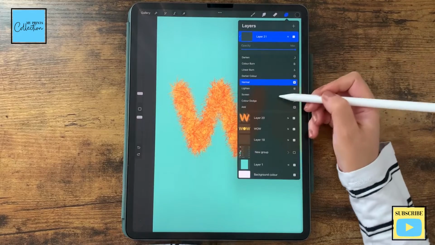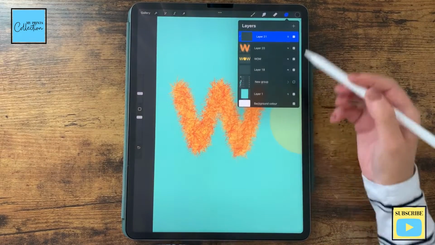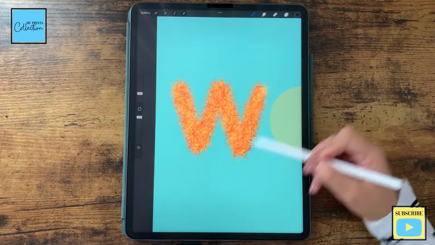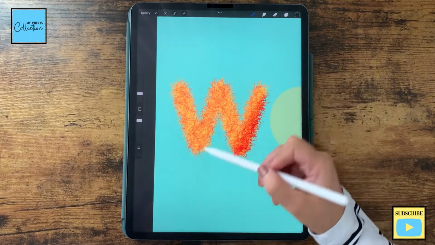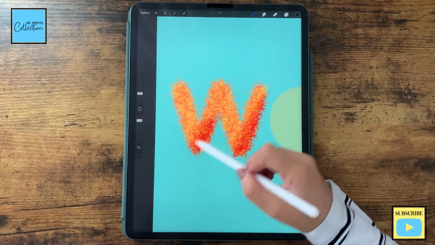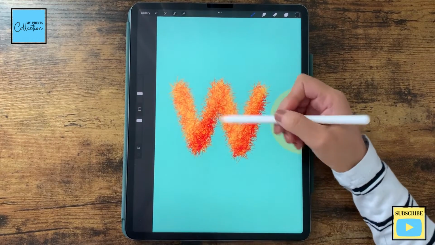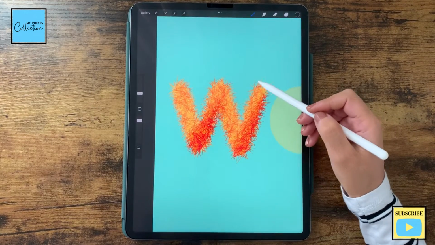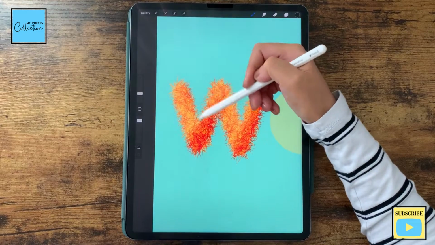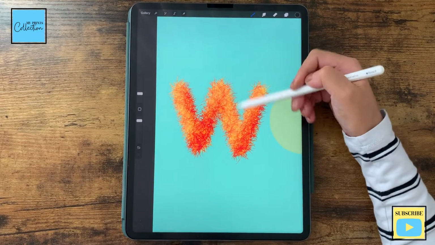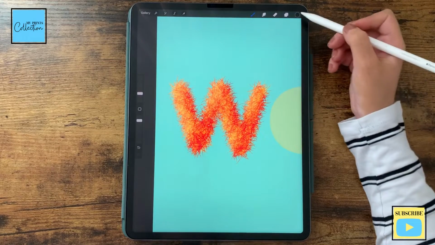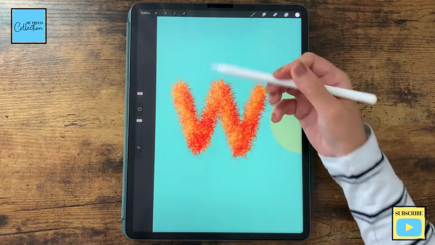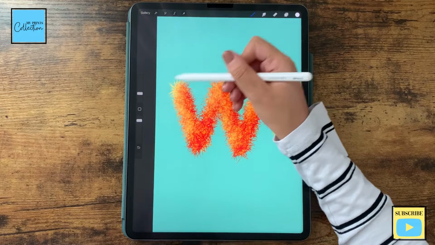I'm gonna change this mode to overlay, and I'm gonna add a little bit of shadows here and here. And here and here, and now I'm gonna add a bit of light like this,